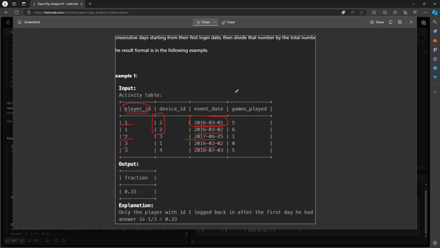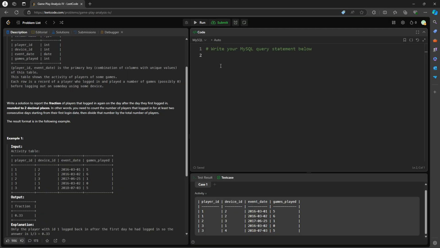So once you find the first login date, you compare it with the event date, calculate the difference, and then compute the fraction. They just do one at a time. So with first login,